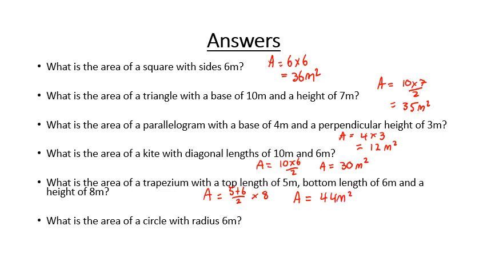And the last question, what is the area of a circle with a radius of 6 centimeters? Well, remember the area is pi times r squared, which in this particular case is going to give me approximately 113.1 meters squared, because remember that our radius is 6